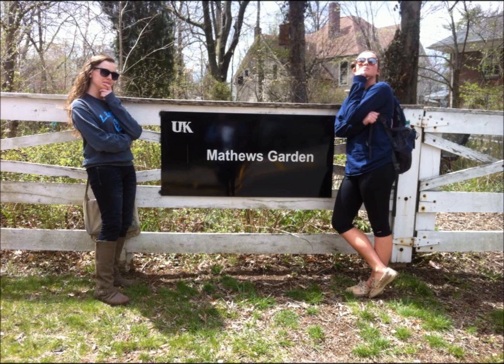The topic under recent debate that hits us students close to home has to deal with the UK College of Law wanting to destroy the Matthews Garden to create a parking structure for its employees. The Matthews Garden on campus is a green space used for biological research and is home to many species native to Kentucky. According to the United States Environmental Protection Agency, a green space is often considered a place of land